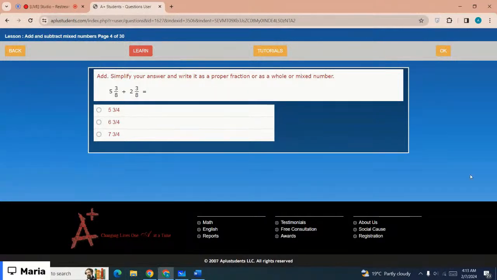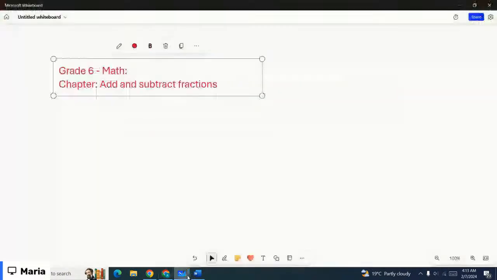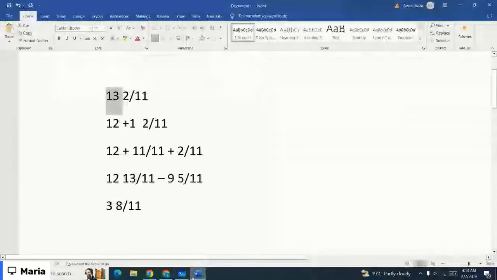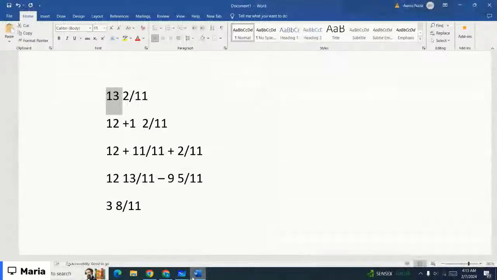Basically, you cannot subtract a greater number from the smaller one, right? If you look at their fractional part, you can subtract their whole numbers 13 minus 9, but you cannot subtract their fractional part, right? Because 2 over 11 minus 5 over 11, you cannot do 2 minus 5 because 2 is smaller and 5 is greater. Got it? That's why you need to break down the first fraction,